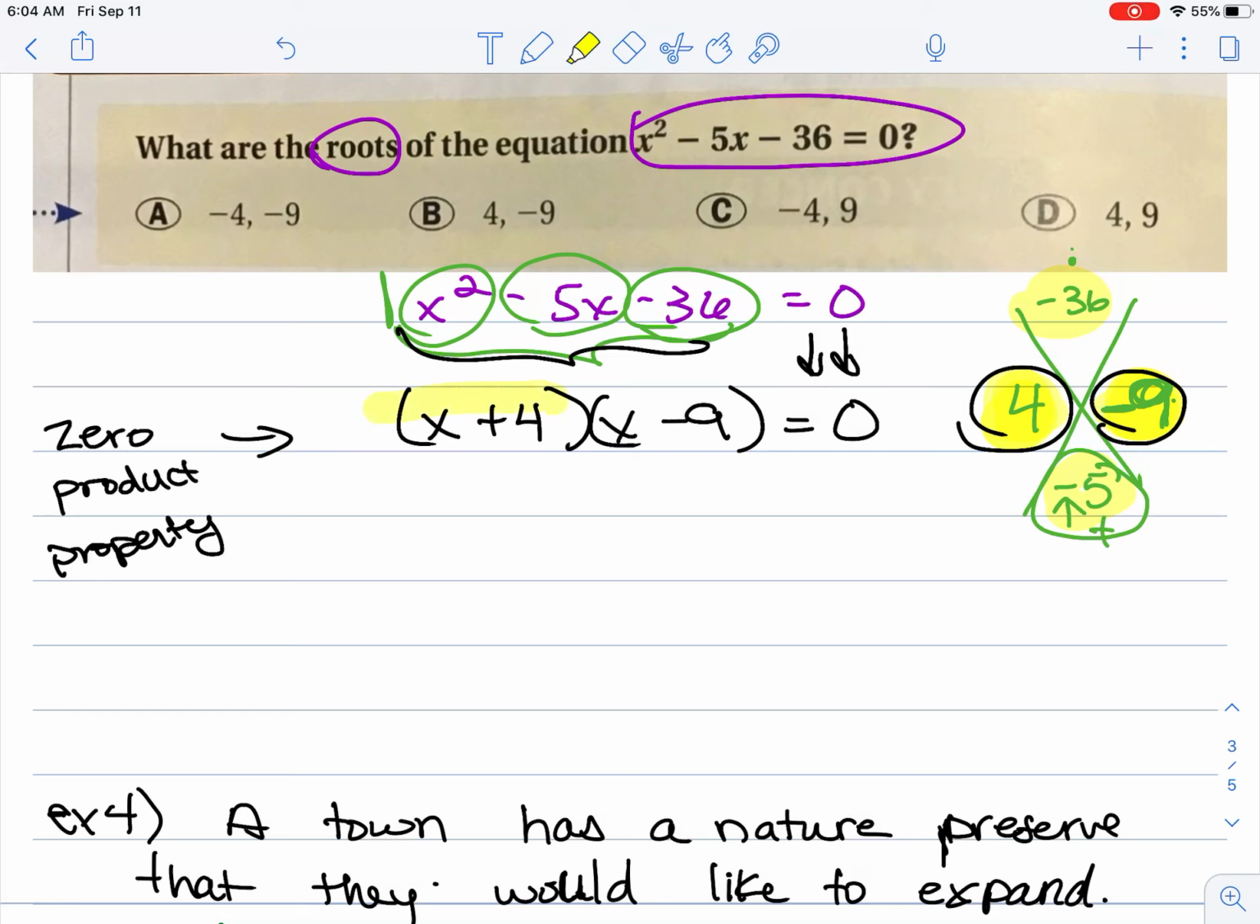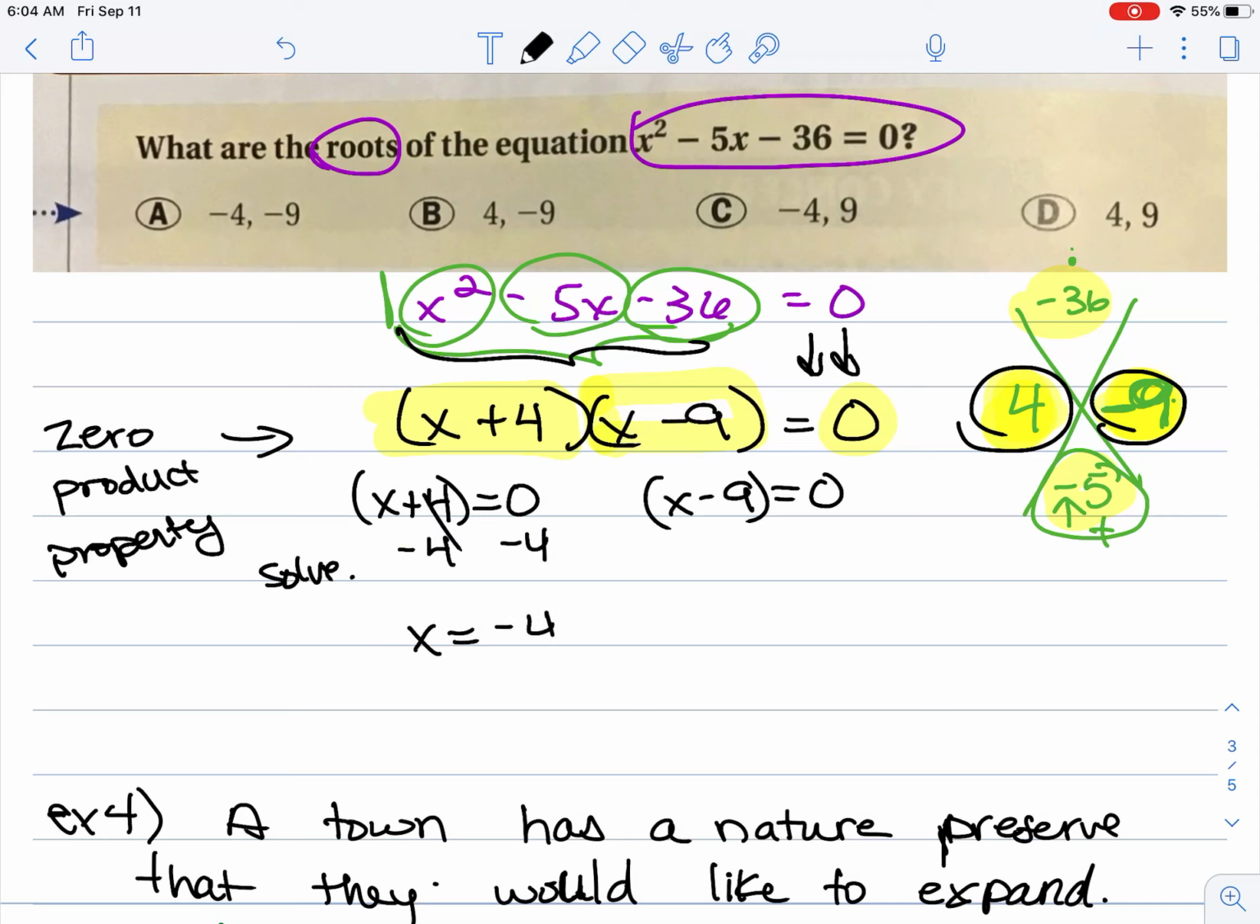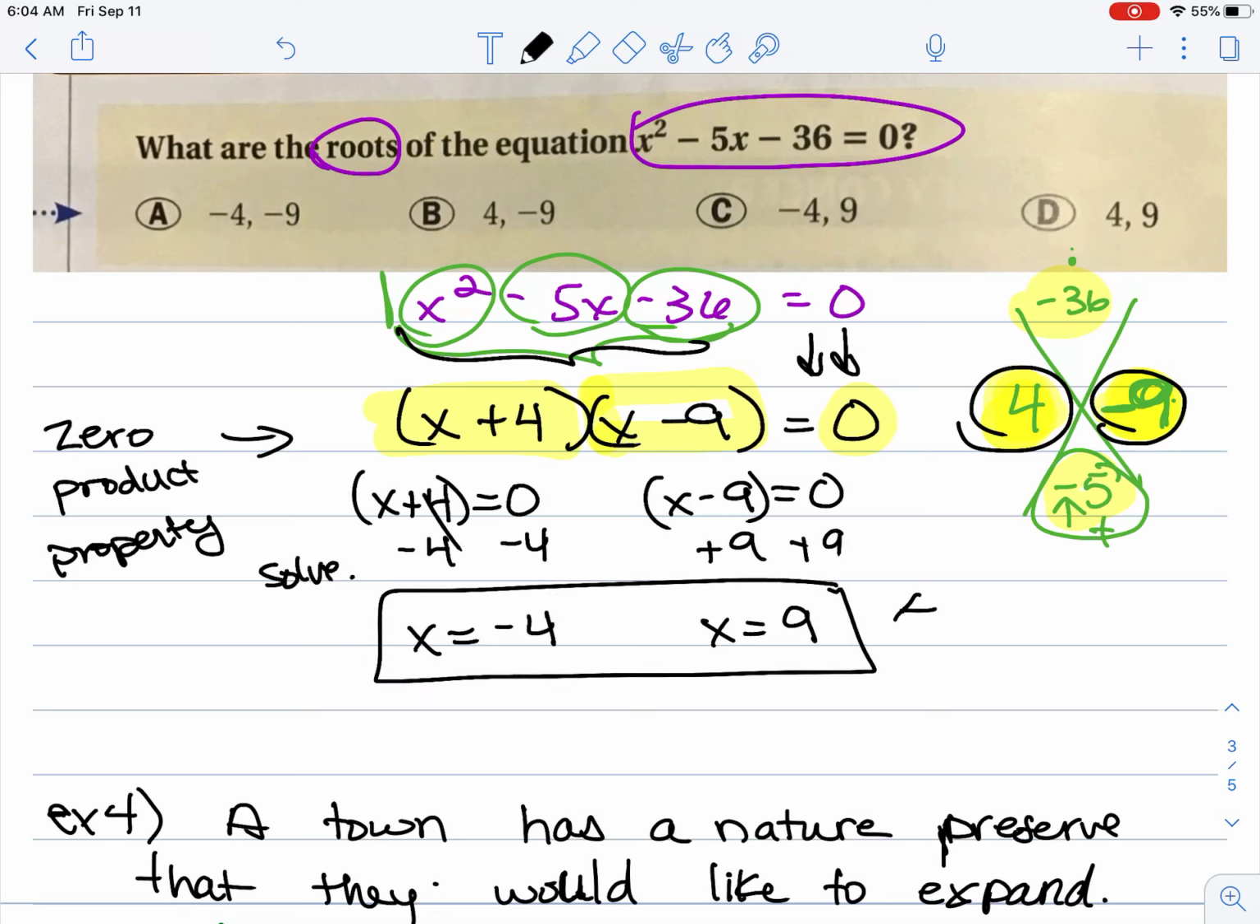And we know something times something that equals 0, one or both of them have to equal 0. So we're going to say, okay, set x plus 4 equal to 0 and x minus 9 also equal to 0, because one of them or both of them have to be 0. And then we're going to solve. Subtract the 4. You get x equals negative 4. Add the 9, and x equals 9. So those are our roots. Those are also the zeros or the x-intercepts. Okay, that's it for part